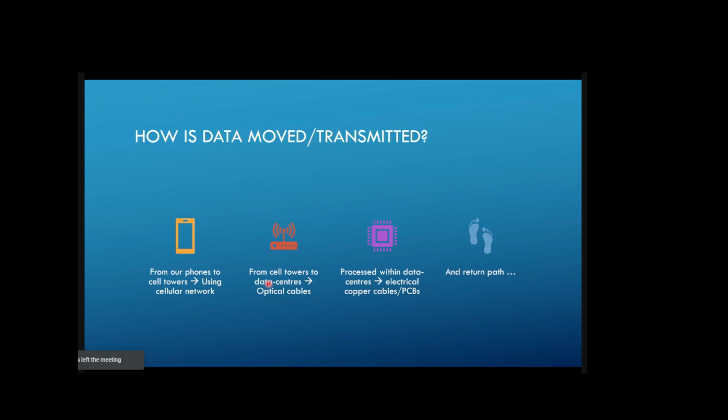ये हम जो डेटा भेजते हैं, cell towers is used mostly through optical cables, or when they are within data centers, they are usually working on electrical and copper cables there. और पीसीबीज जो हमारे, आप समझ लें कि एक पुराने जमाने का जो डेस्कटॉप्स होते थे, आई थिंक स्टिल मे बी अवेलेबल. आई डोंट सी इट एनी मोर. मगर अगर डेस्कटॉप अवेलेबल है, यू कैन ओपन इट अप इंटरनली. देयर इज अ कनेक्शन गोइंग ऑन विद डिफरेंट ब्लॉक्स. दे आर मोस्टली डन ऑन पीसीबीज और यूजिंग इलेक्ट्रिकल केबल्स, और इवन आप यूज एचडीएमआई केबल यू यूज for your laptops or for your screens and so on and so forth.